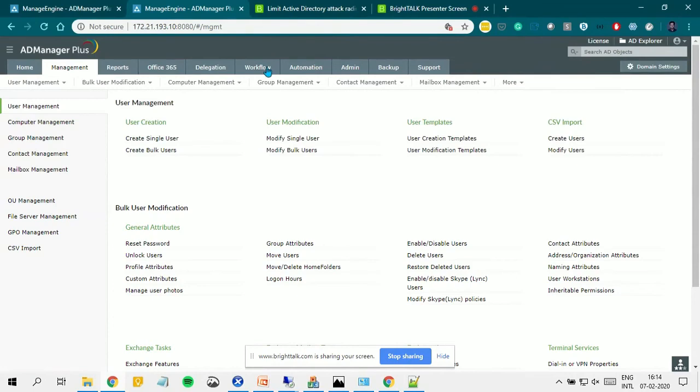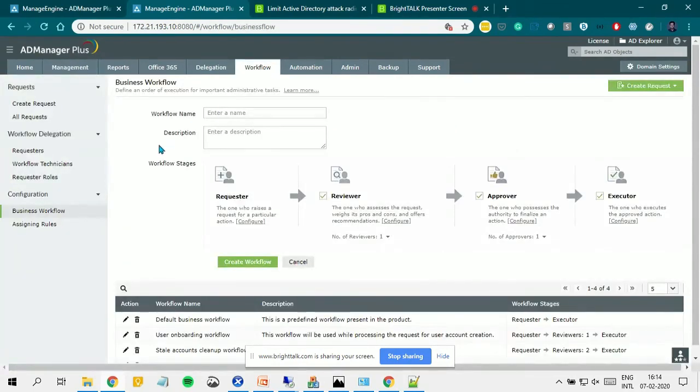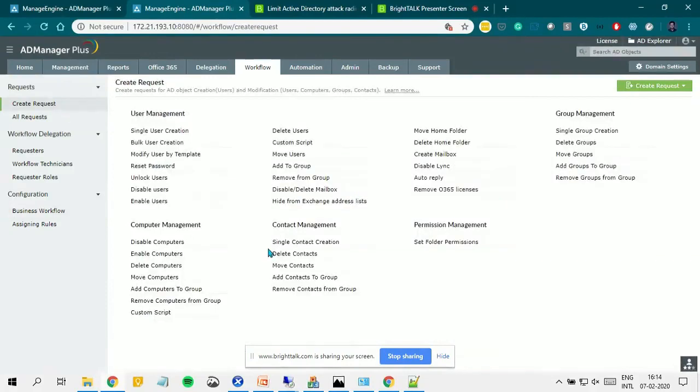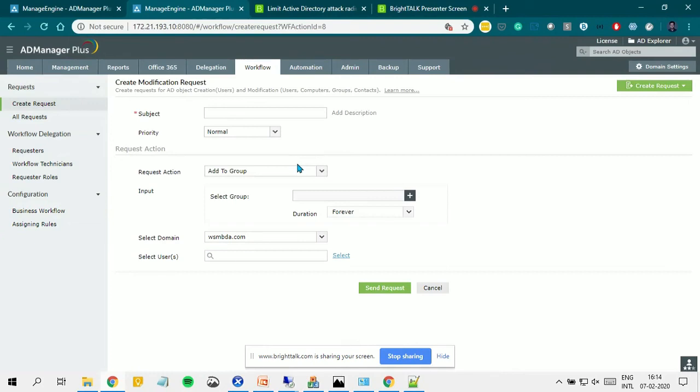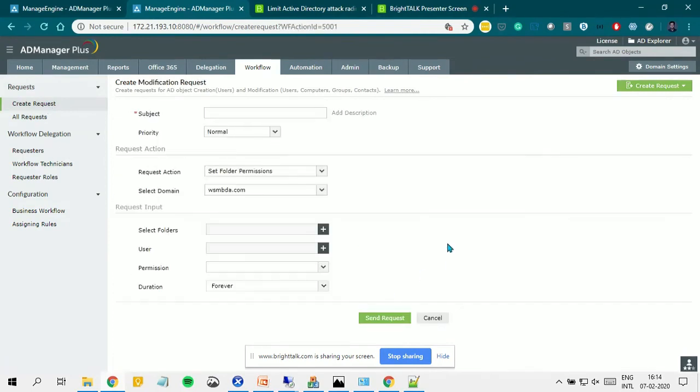What's next? If I head into workflow right here and head into create request, right? We have something called add users to a group. Now here, users can be added to a group based on a particular time, for instance, 30 minutes. So post 30 minutes, the user's group membership is automatically revoked. And similarly, we have something called set folder permissions as well, using which you can give a user permission over a folder, which is again time-based. This can help you avoid mismanaged permissions because the access is revoked after the set time. So you don't have to remember